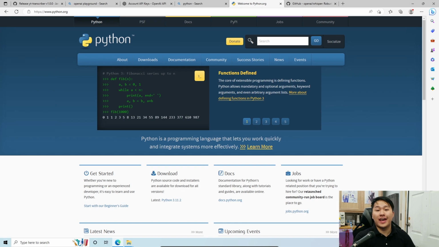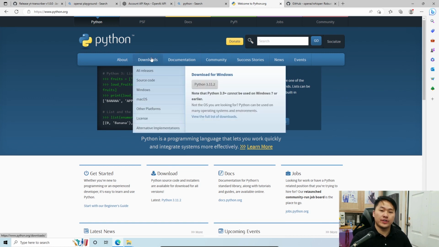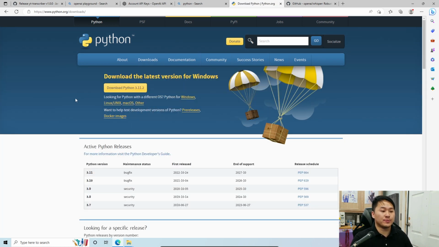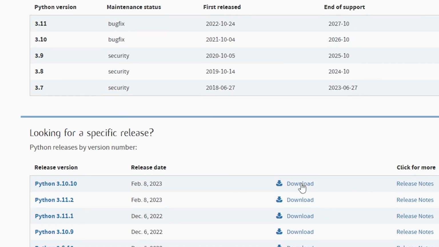In order to do that, you're going to need to have Python installed on your computer. Unfortunately, the Python that I had you install in the other video does not work for Whisper. So what you're going to need to do is head on over to this page down below in the description. It's the Python page, and we're going to go ahead and download